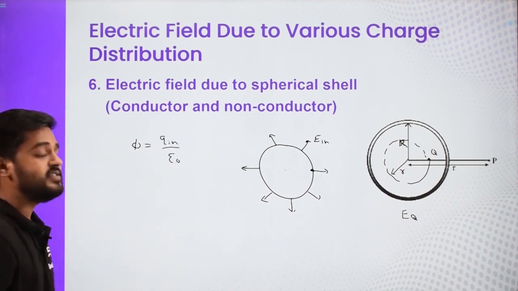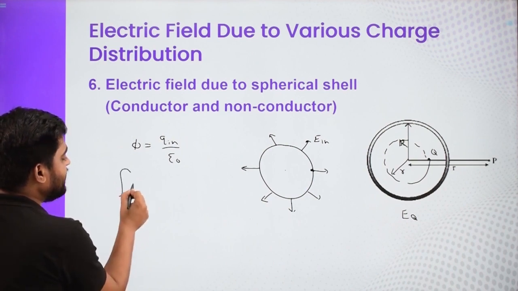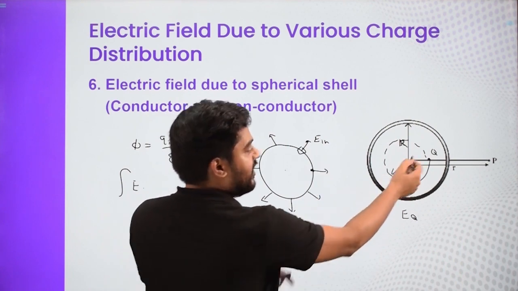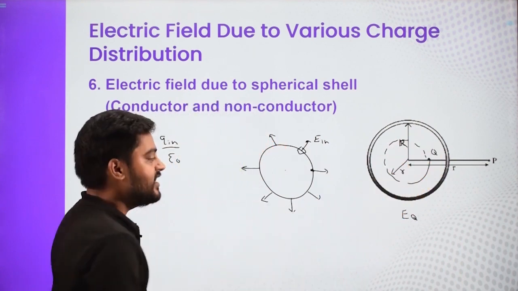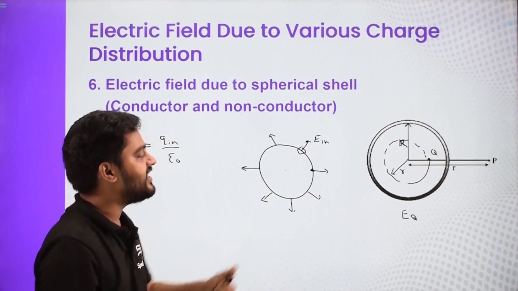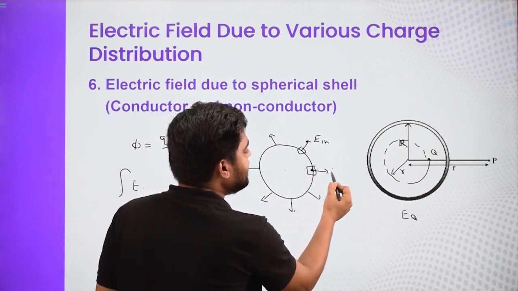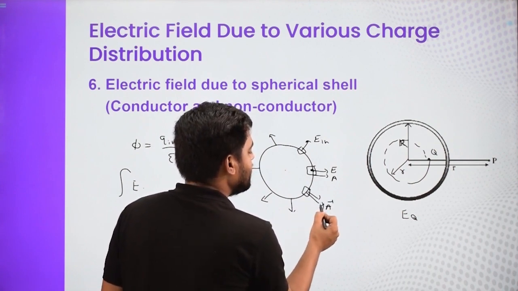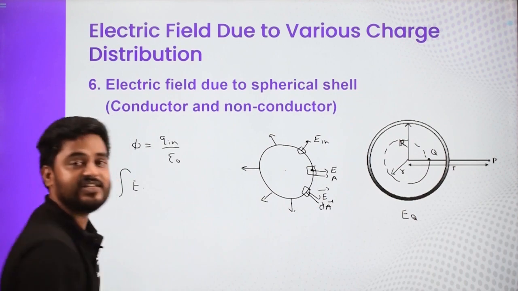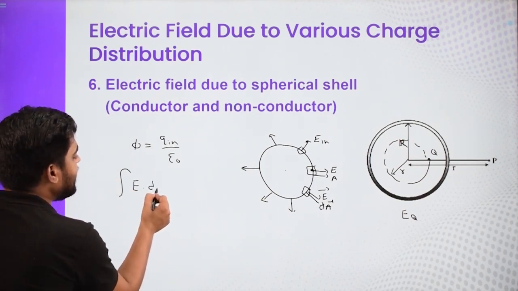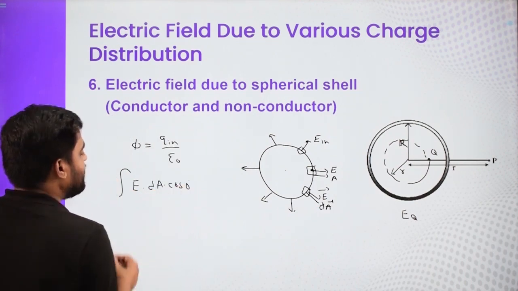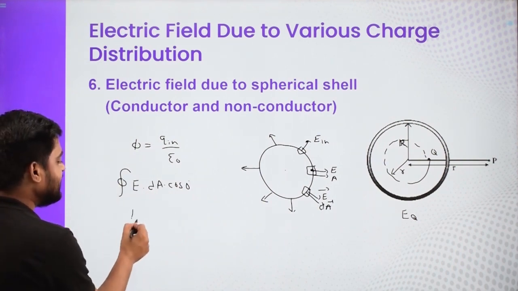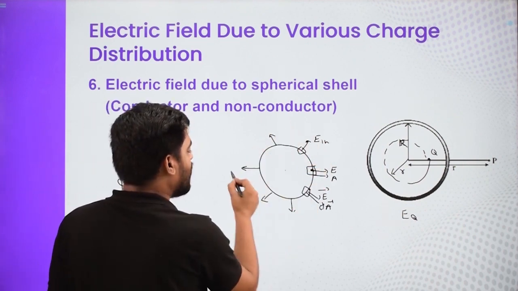How do we write total flux? Total flux is basically the integration of E dot dS, and here is the area vector on this assumed spherical Gaussian surface. So this is a spherical surface and the area is radially out. So the area is also out and E is also out. So the angle between any small area vector and the E vector is going to be basically 0 degrees. So E into small area into cos 0. And when you integrate it along the surface, basically it gives you E into area. E is a constant, due to symmetry we can say all E will be the same.